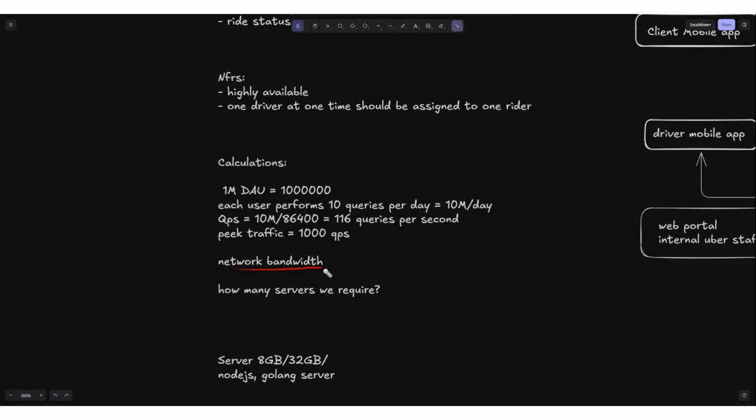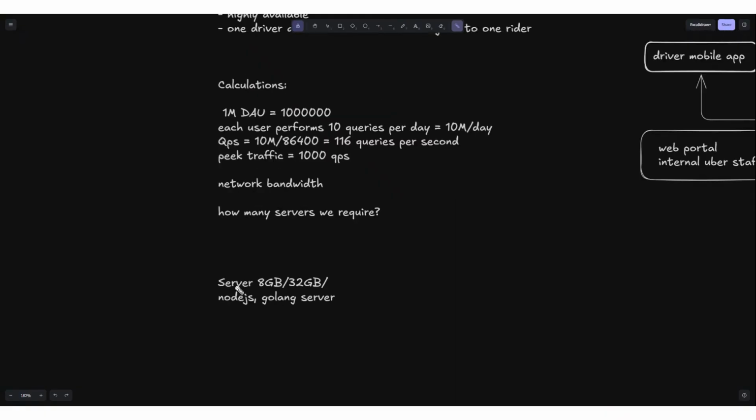We don't need to properly estimate the network bandwidth or how many servers will be required. Such calculations are important if we are focusing on some specific backend application which is not visible to the public, or we have high constraints, like a startup with cost limitations. Then we need to properly estimate our calculations. I will be doing some further case studies where I will do these calculations as well.